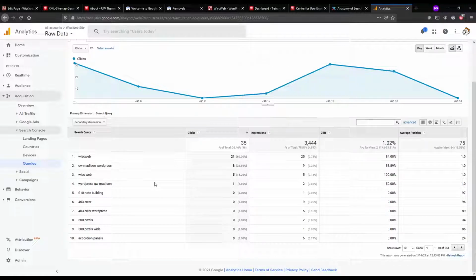Like how often is your URL appearing in that search, and then how often are people clicking on it based on that search. So you'll get two there. You'll get how often does your site appear when that search term is used? How often are clicks happening when it appears there?